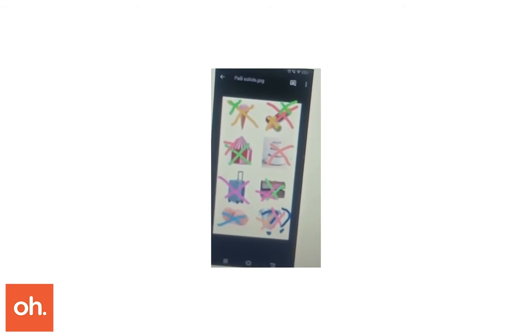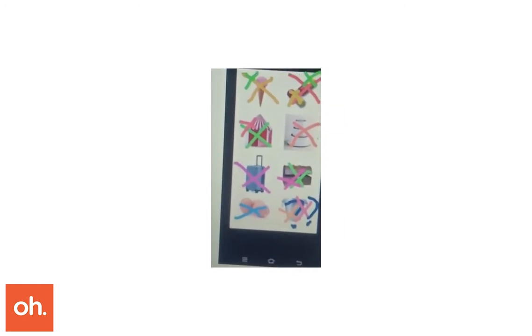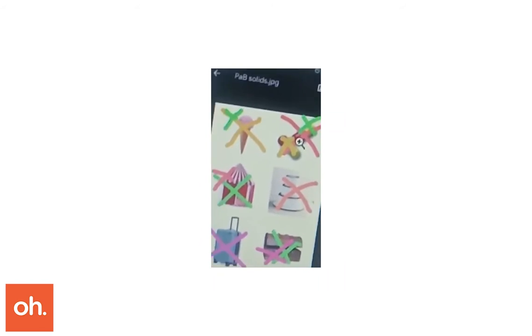Then we had to mark the combination of solids of different types as green. So first I have marked the ice cream cone as green because I saw that the ice cream cone was a combination of a hemisphere and a cone. Then I also selected the pill as green because the pill was a combination of a cylinder and two hemispheres mounted on the top. Then I also selected the tent because it was a combination of cone and cylinder.